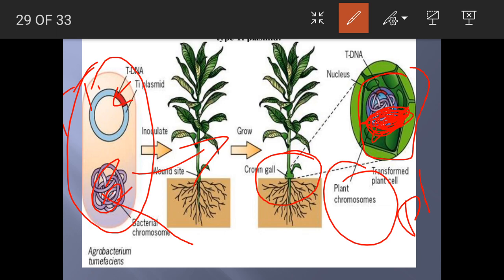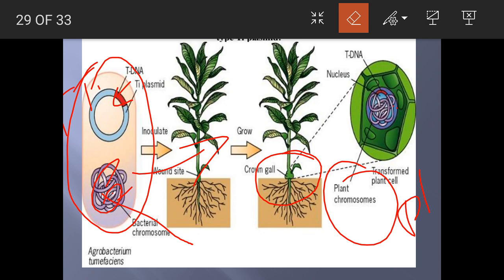It is the plant chromosome, and the gene which you have inserted into the tDNA. So the tDNA has ligated itself, or it has transferred into the plant cell. You can find it is ligated into the plant cell, and thus the plant cell is said to be a transformed cell. So this is how, from the Ti plasmid, particularly from the tDNA region,